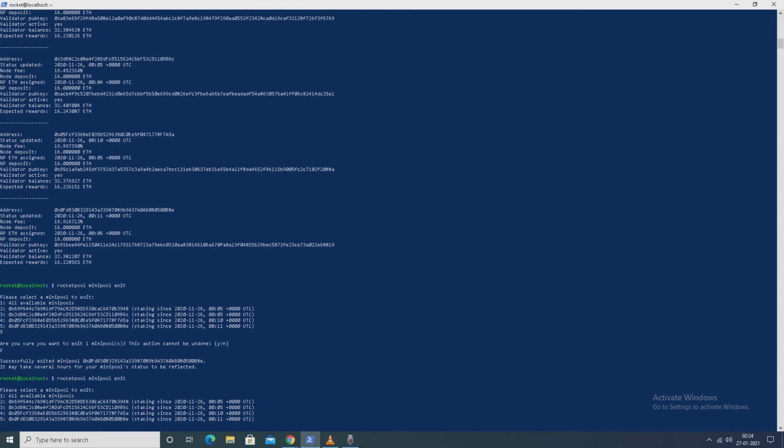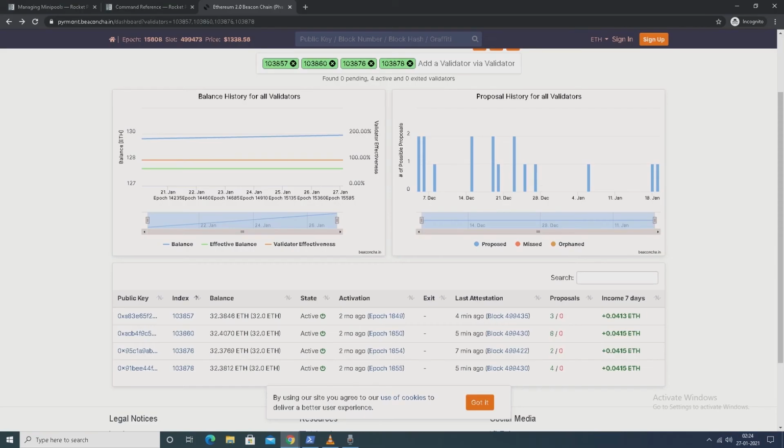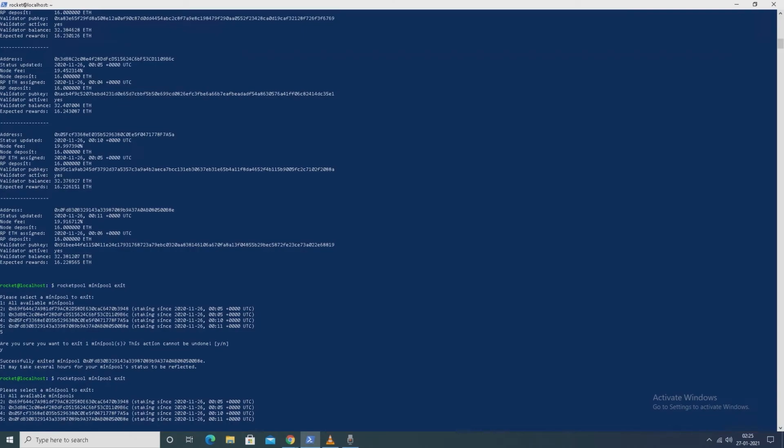So let's exit the validator number 4 also. I think it's the 95C1A9AB public key. 95C1. Yeah. So we will exit the validator number 4 also.